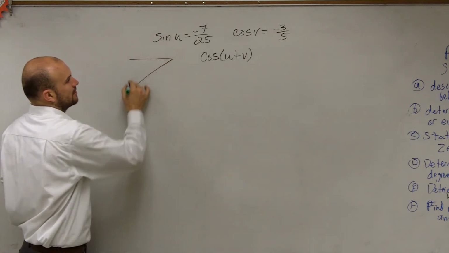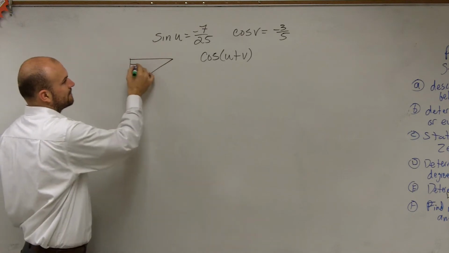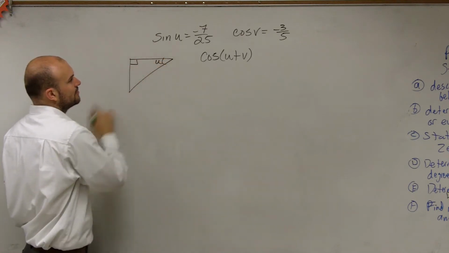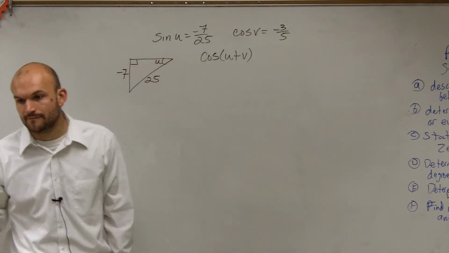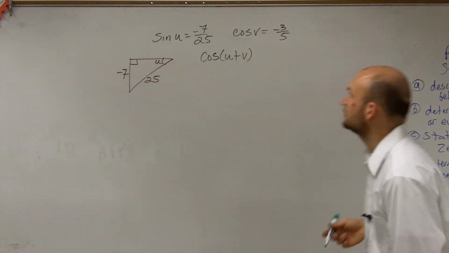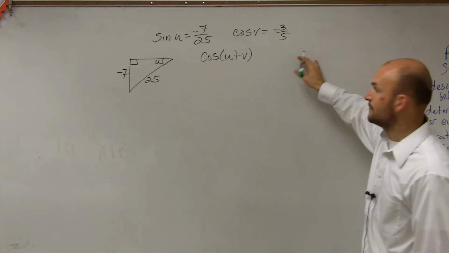Therefore, this triangle has to look like that, where here's my angle u. This is -7, and this is number 25. All right? You guys follow this? Then, if I was going to write this one on there,